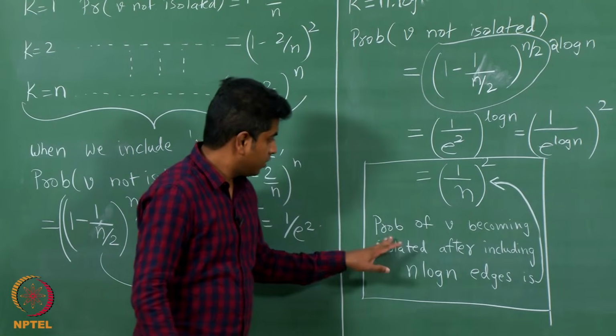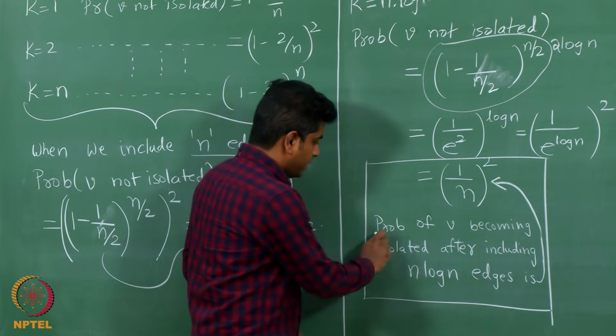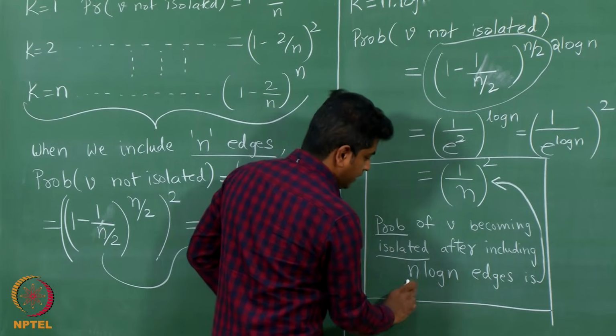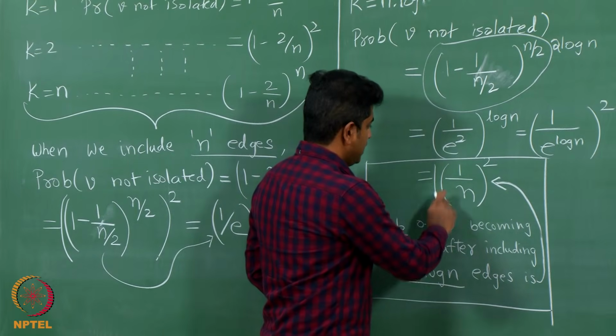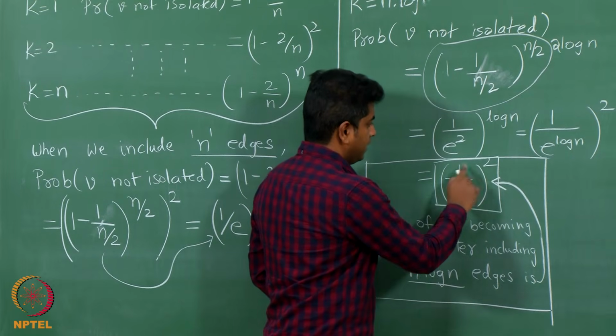I repeat, the probability of a vertex v becoming isolated after including n log n edges is 1 over n square,